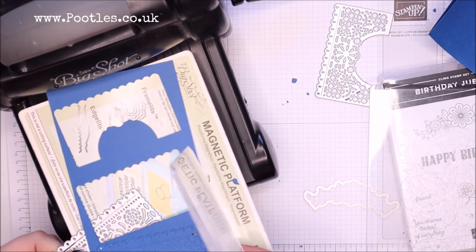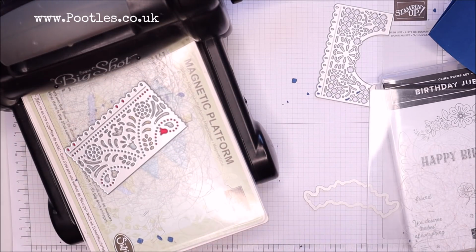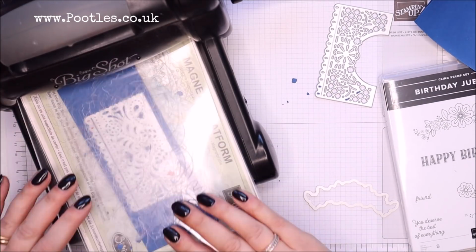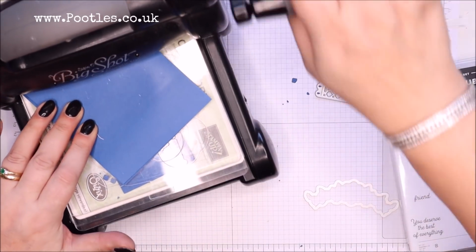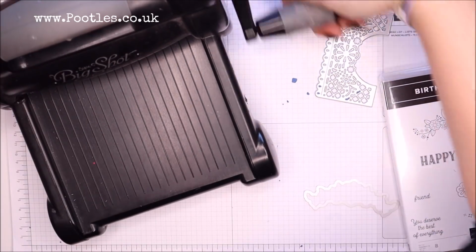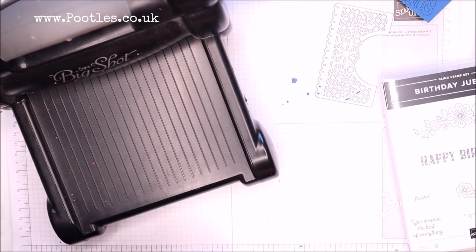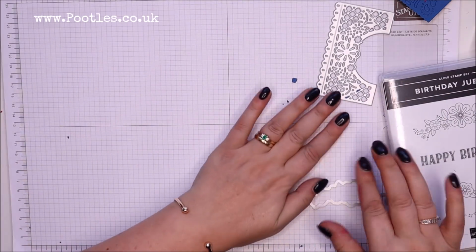Yes. Okay. Right, find another bit of blue. That's just about going to fit. Brilliant. That's gone through. Brilliant. Perfect. Happy, happy me. Okay, I'm just going to keep that off to one side because do you know what would